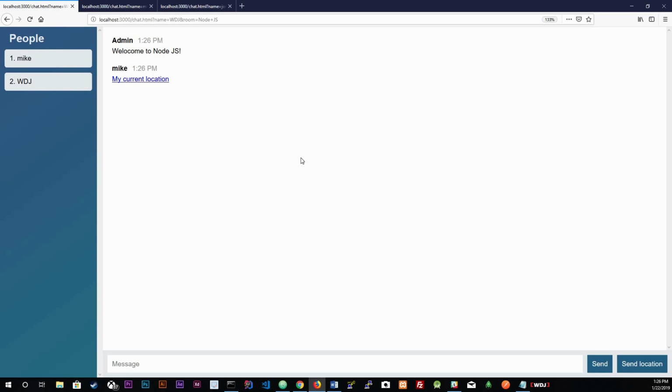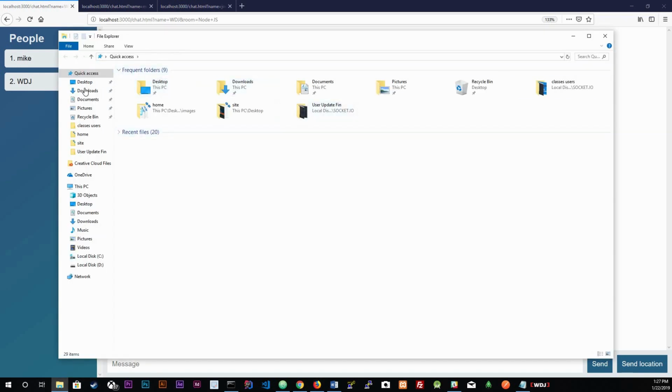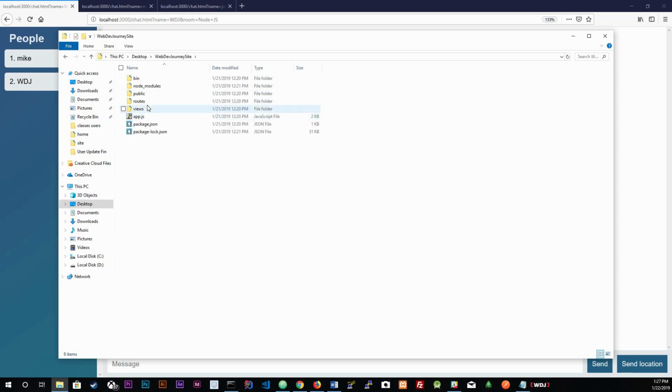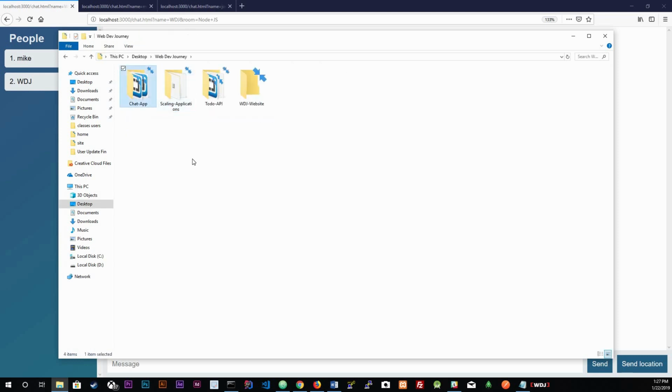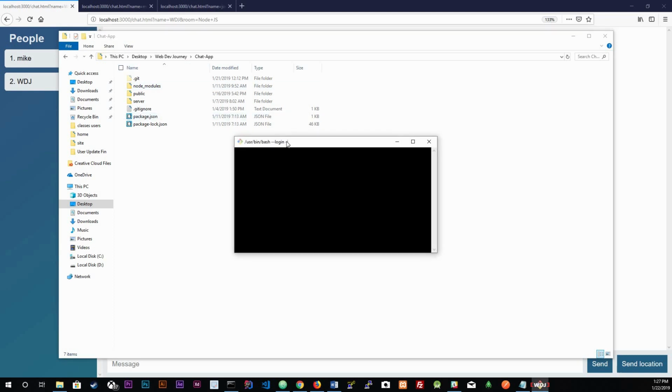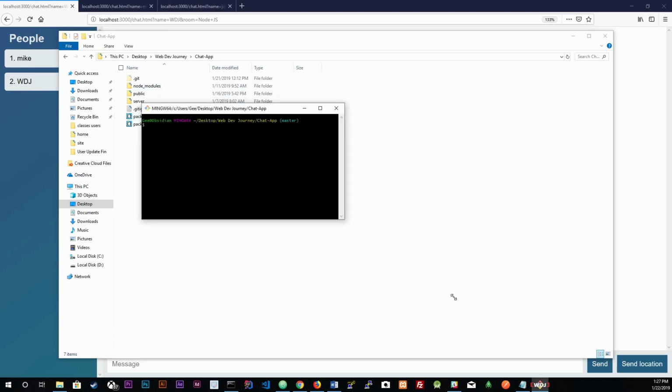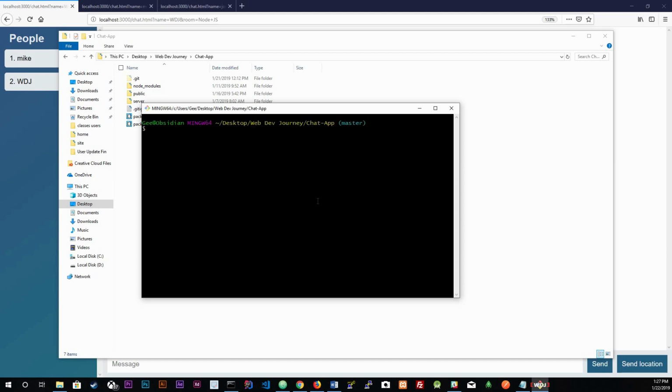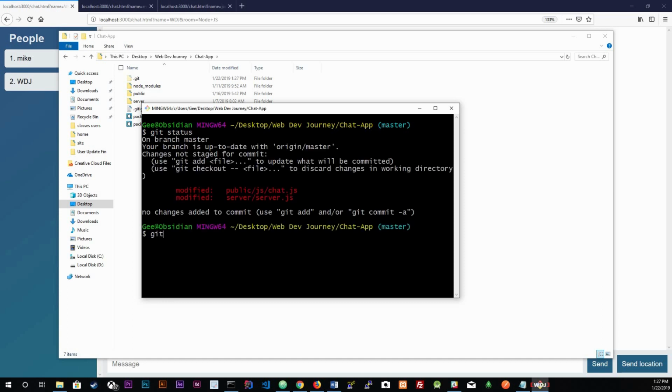Now that we are done, guys, which we are done, we are going to push it to Heroku. So first of all, we do got to save it in GitHub. Where is it at? Desktop. No, not my site. Journey, chat app. Get the bash here. So let's see what we're going on right here. Make this bigger so you can see. So git status. I want to see what exactly changed. I did modify those, so I'm gonna git add everything. Git commit -m, and we're gonna add a message saying that